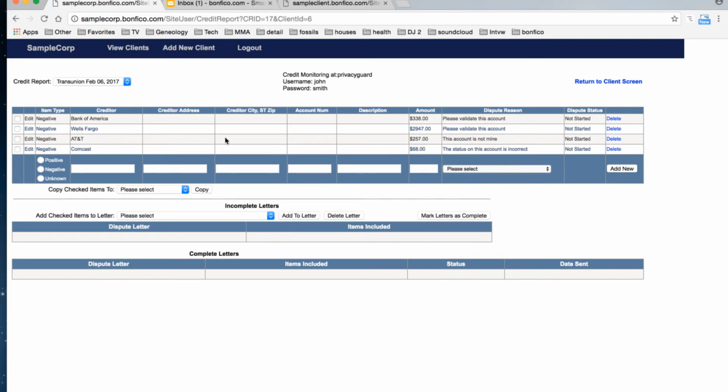And he says that the status is incorrect on this account. All right. Now what I can see is that I've added these 4 items to his TransUnion, but I can